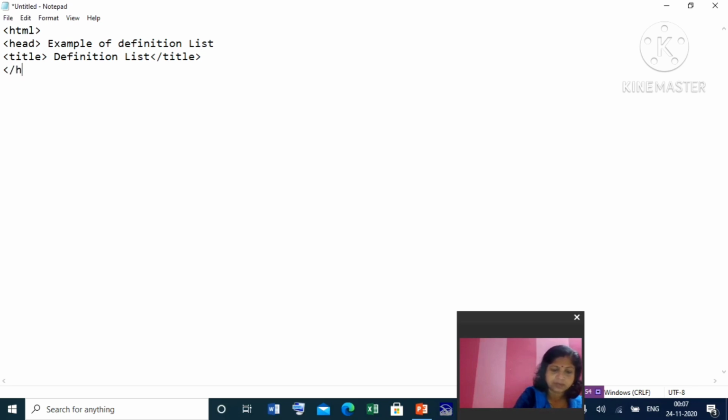Close it. So always make a complete HTML document. You can give one background color. Here, one definition list. So a definition list will be started with DL. Here no type and no start. Okay. Only simple DL.